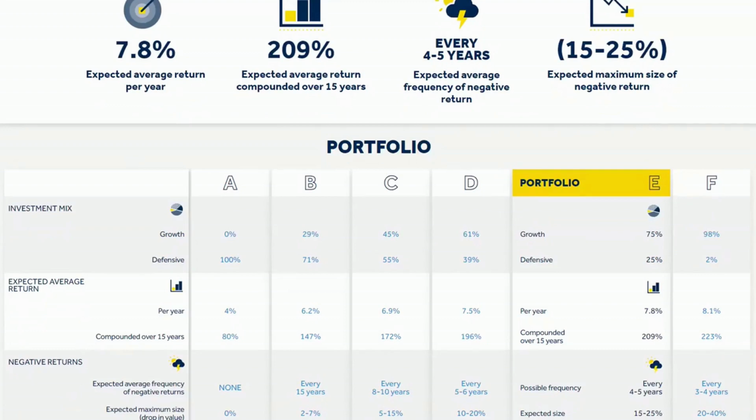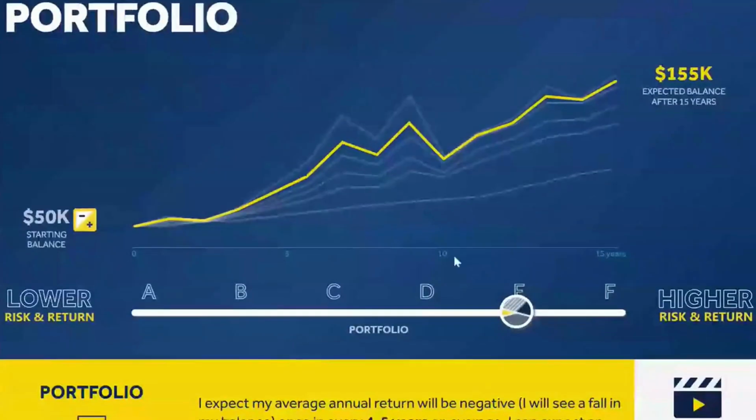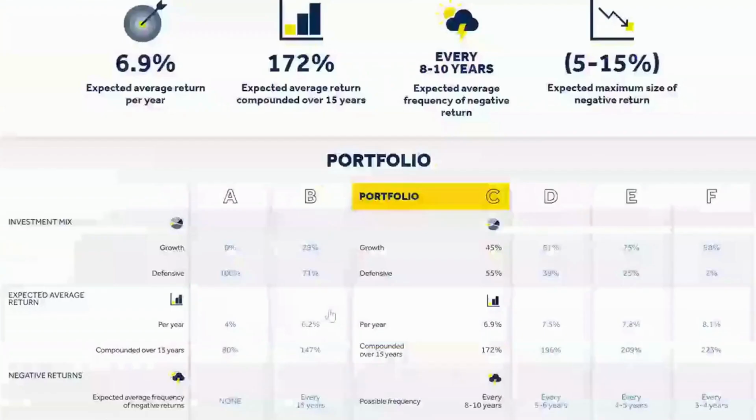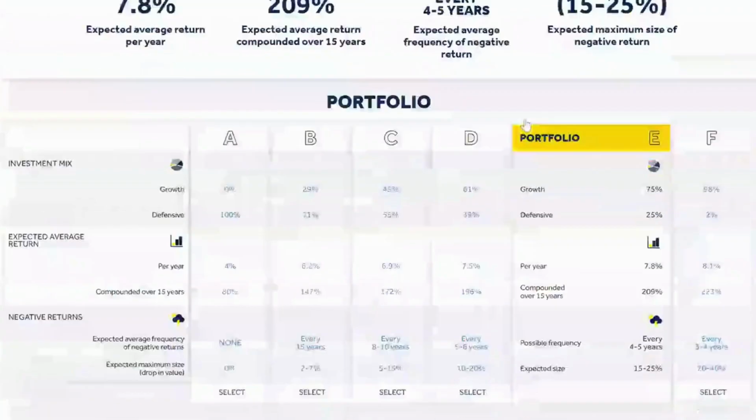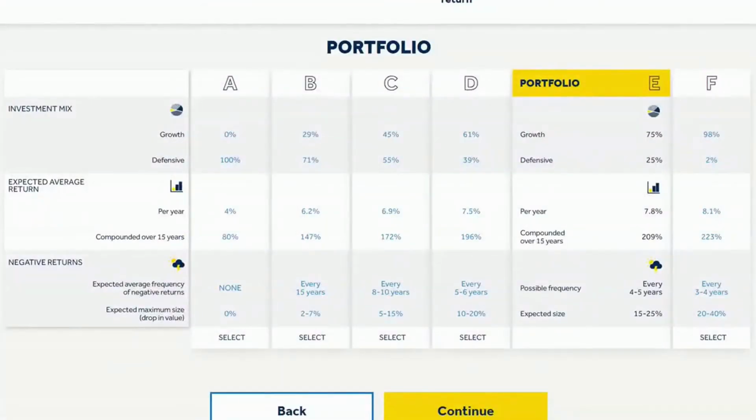Yes, yeah, that's right. We were trying to hammer that, because really that's what it's all about. It's about the risk-return trade-off. At the end of the day, that's what your risk profile is. And the table and the graph are linked. So it doesn't matter whether you go here, press C, and as you can see, then C updates here. If you go back here, back to E, the table updates.